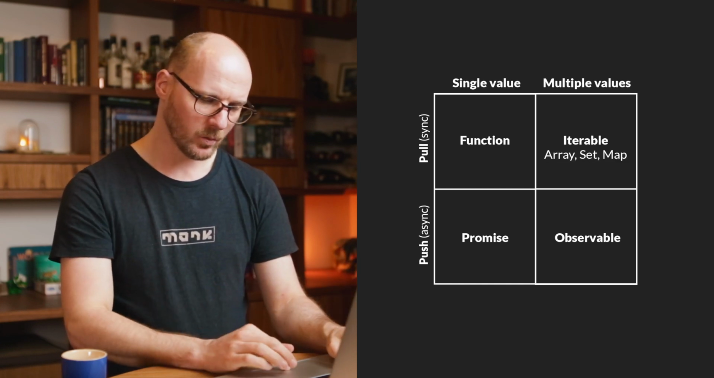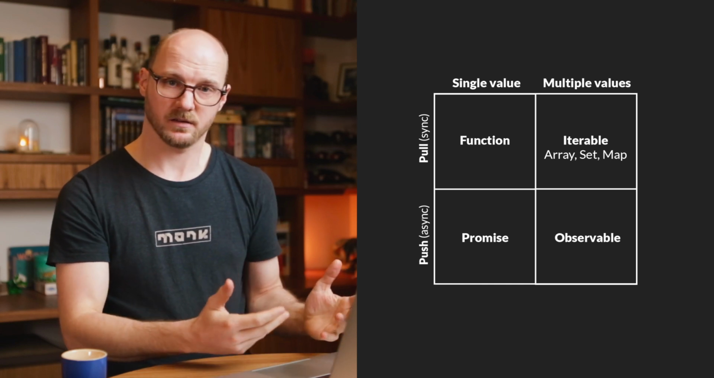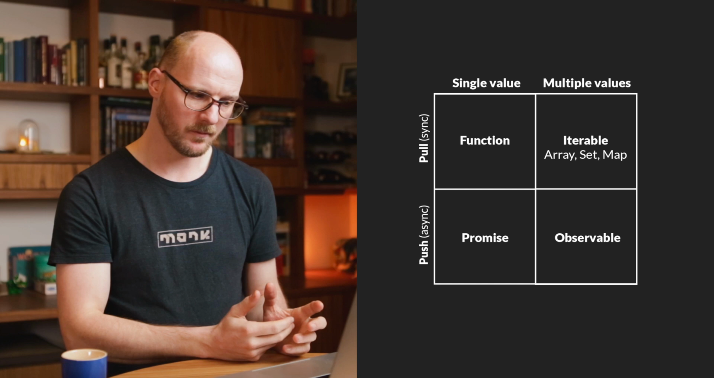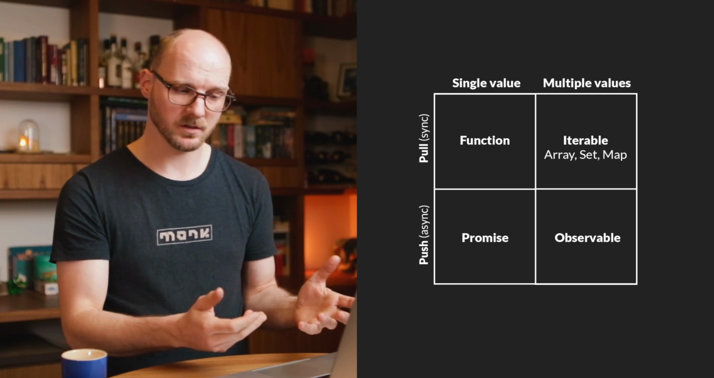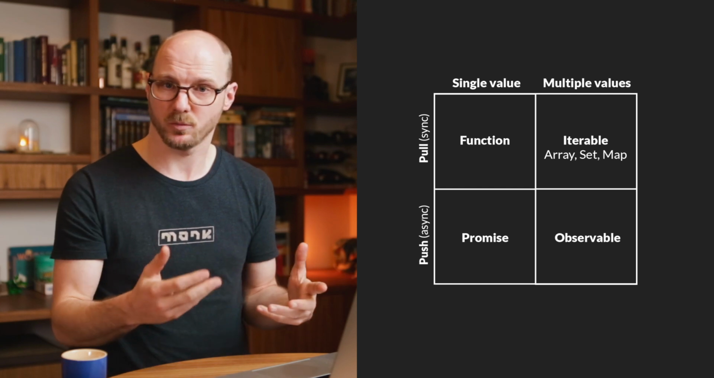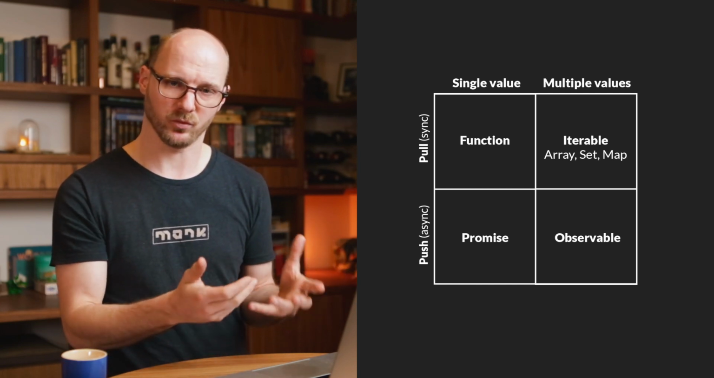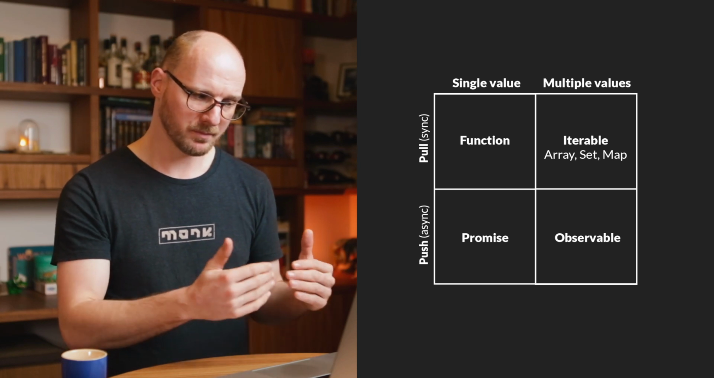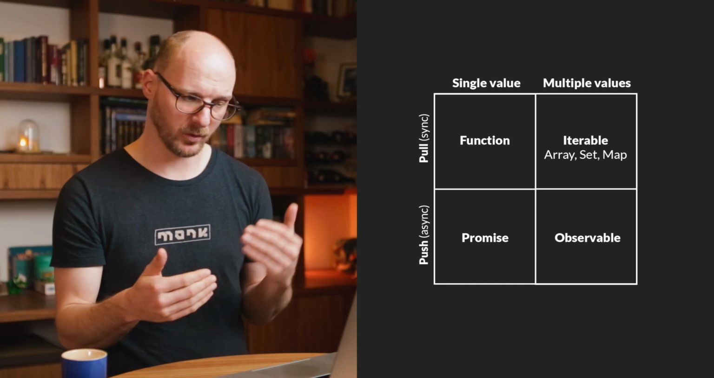The model says when dealing with a single value that is synchronous, you can use any data structure that is returned from a function. When working with multiple values that is synchronous, you can use an array, a set, a map, an object, anything that is a container type that can store multiple things that you have available right now. When working with push data, so asynchronous data, you can use a promise and an observable when it's single and